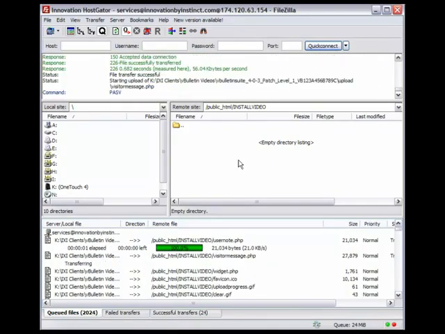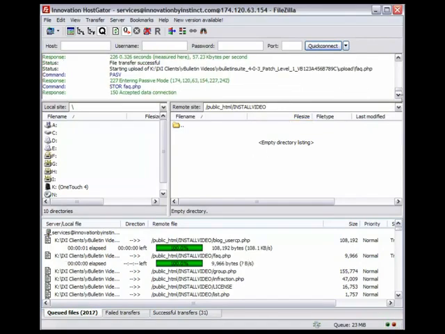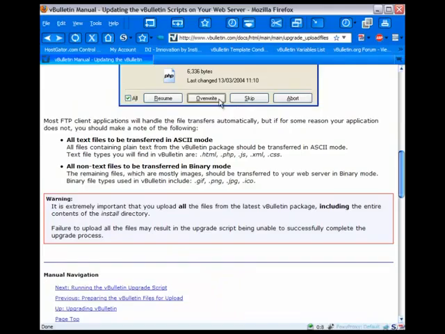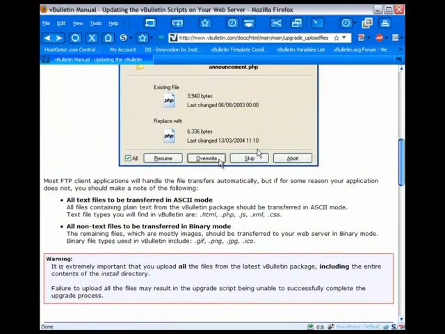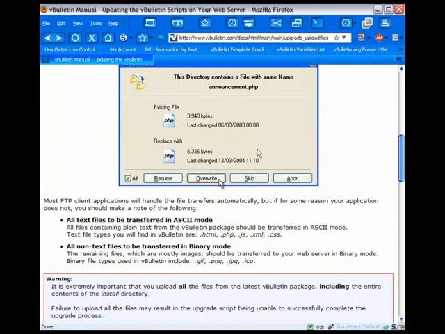Okay, now FileZilla does the modes automatically. Okay, otherwise what you're going to want to do is take a look at the manual. Now there is a brand new updated manual for vBulletin 4 as well, but the files always go in two different modes. Okay, see, it says right here, most FTP client applications will handle the file transfers automatically, but if for some reason your application does not, you should make a note of the following: all text files to be transferred in ASCII mode. Okay, so that's all the files containing plain text from the vBulletin package. Pretty much PHP files, JavaScript files, XML, CSS, even HTML. All the non-text files such as images, anything like that,